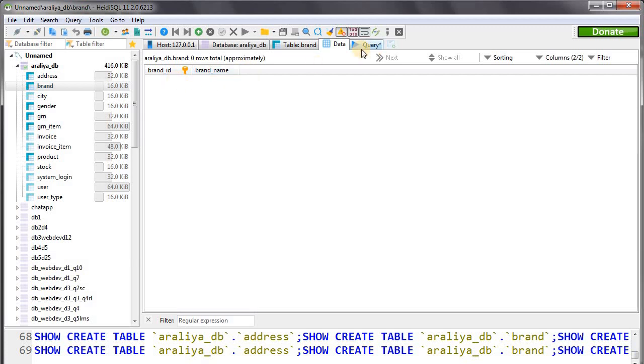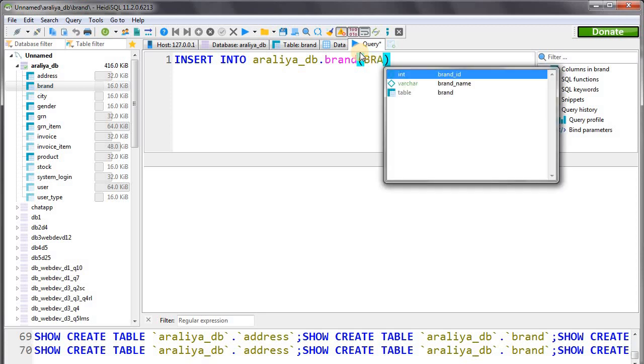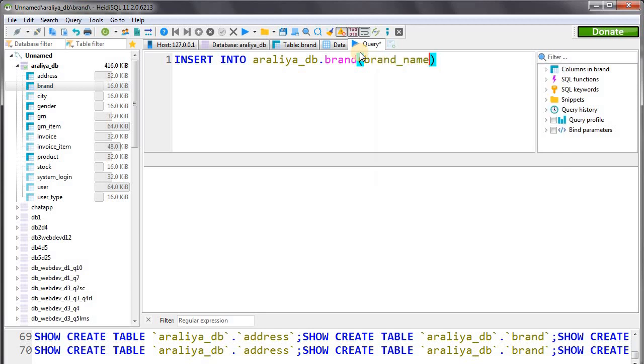Okay, now if we are going to enter some specific data into specific columns, we have to mention that column name. So in this case I am going to mention that name. Now we are going to add data to brand name, brand table dot brand name.